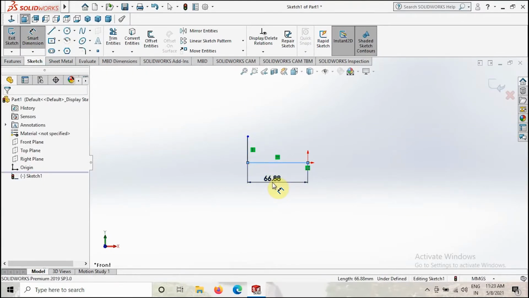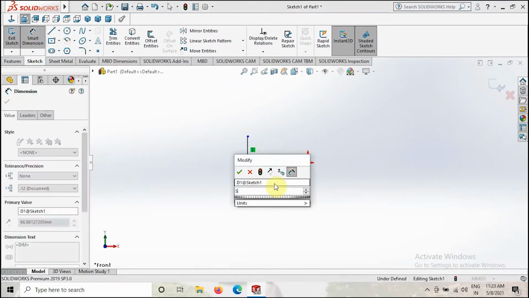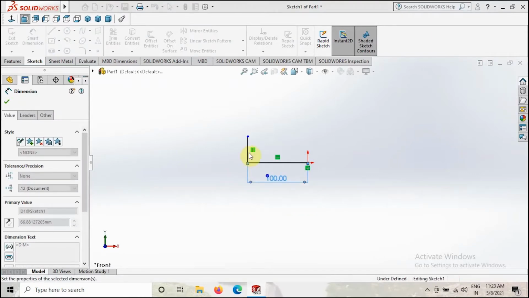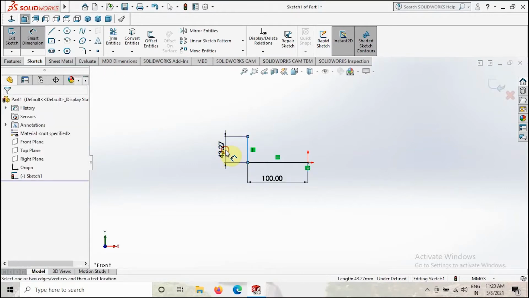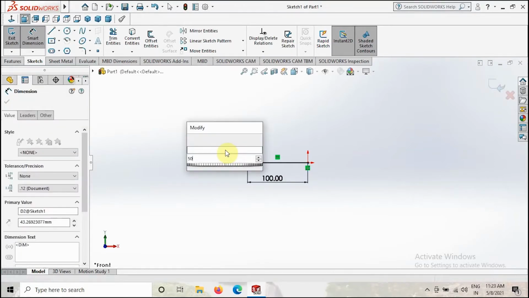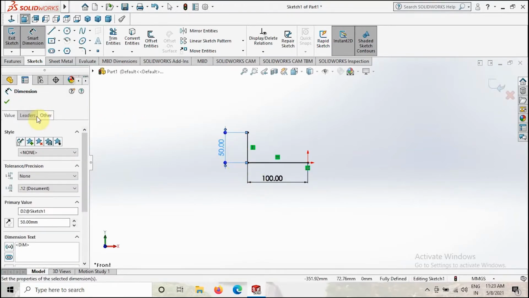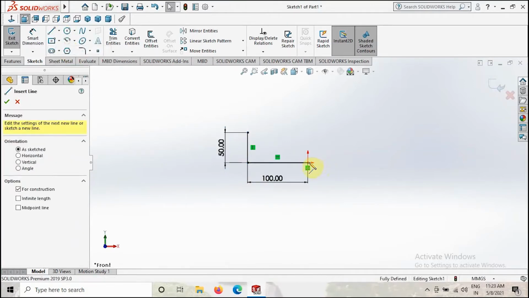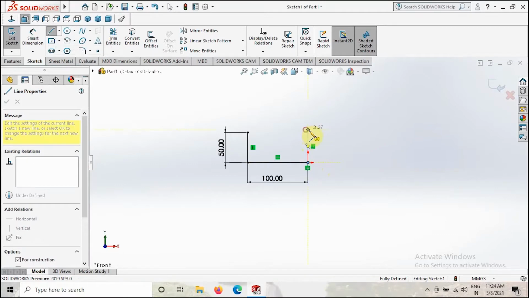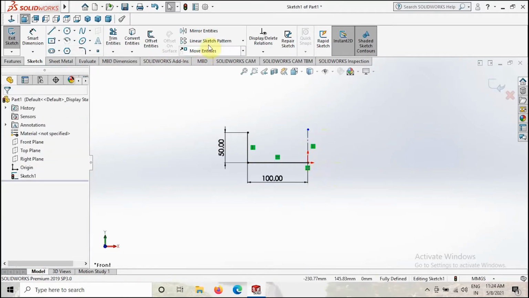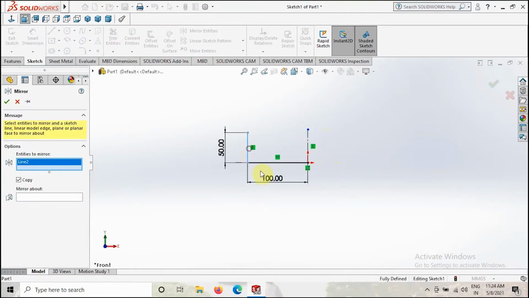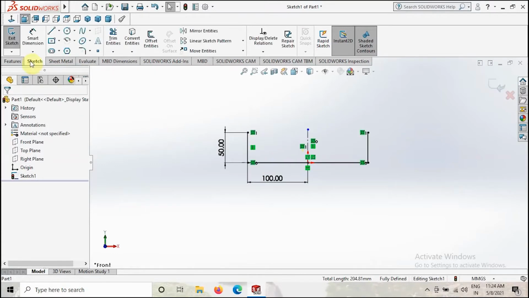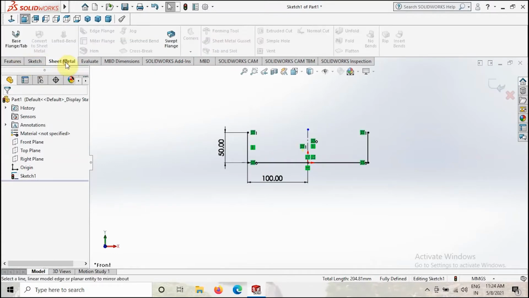After that, give this dimension 50 or 100, and this dimension you can give 50. Vertical dimension, give it around 50 and click OK. After that, create one center line like this. Then we have to mirror these two lines over this center line and then click OK, and then go to